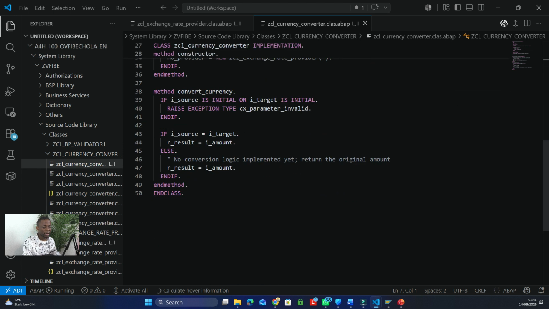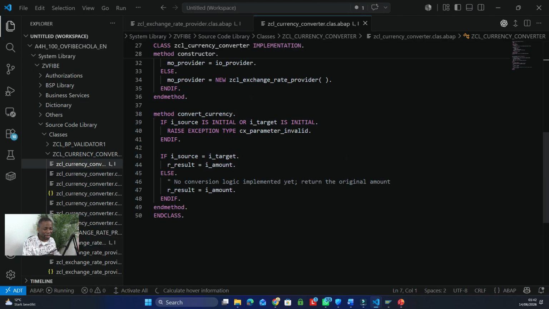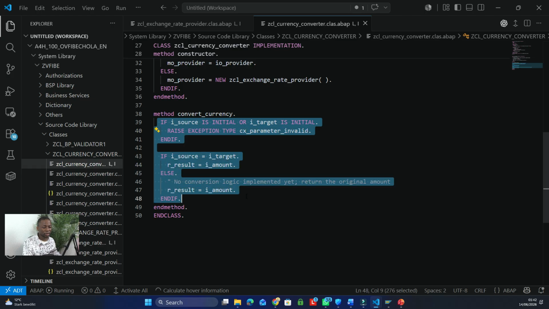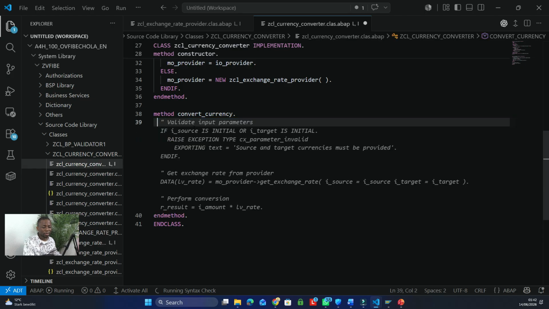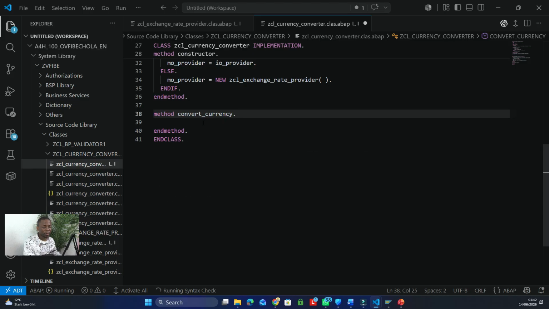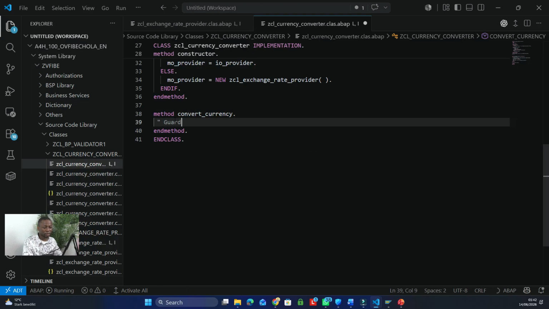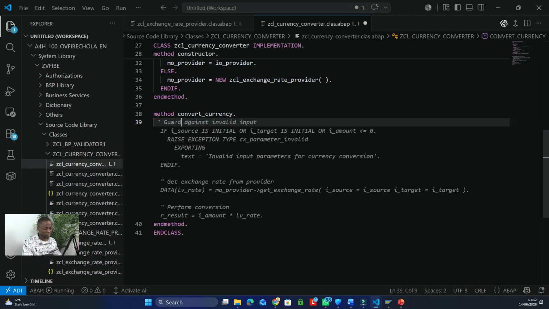So where is our converter class? Convert class, this one, convert currency rather, the implementation. So what do we want to do inside? We are going to remove this because this is not the functionality for our convert class that we want. So we're going to create a guard clause, right? And that guard will say that amount must be positive. And see, immediately I gave a guard clause,